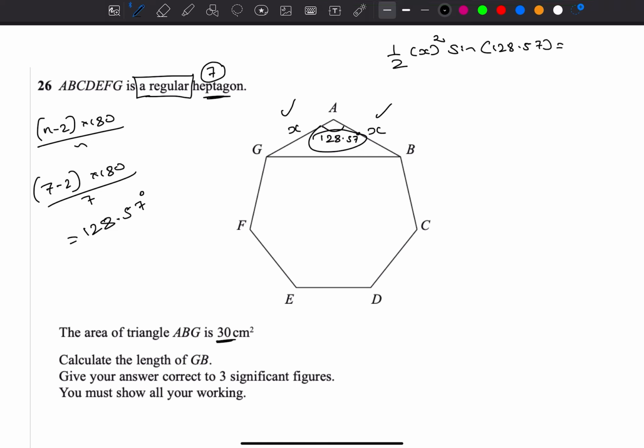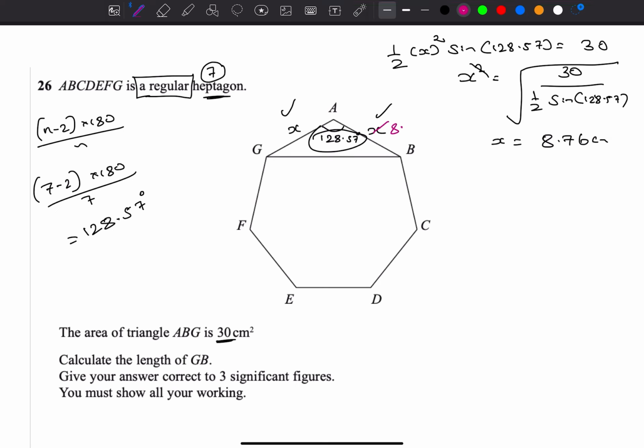128.57 is equal to what then? 30. So x squared is what? 30 over a half sine 128.57, and square becomes square root, and you work out the x. The x will give you, x gives you what? 8.76 centimeters. So that is 8.76,